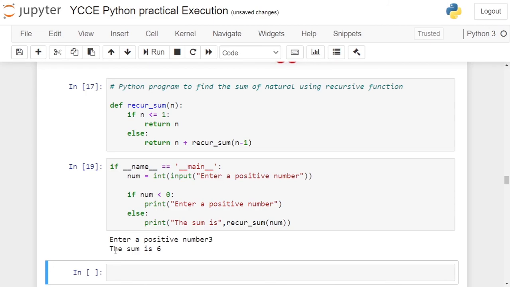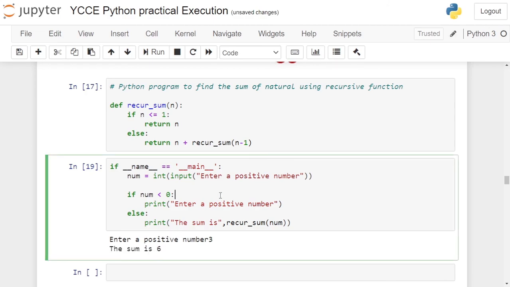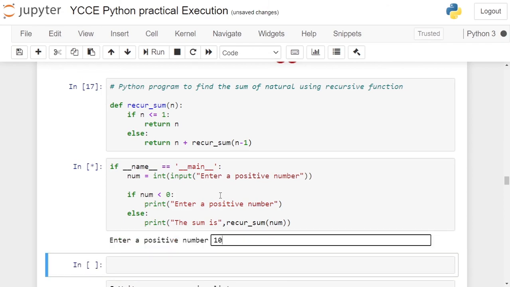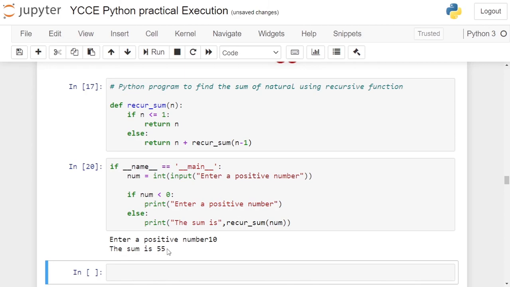Therefore you get at the output sum is 6. Suppose we run this program again and give the value 10 and we check whether the result is 55 or not. It is returning 55, means our program is running correctly and we have written a recursive function to find sum of natural numbers. That's it for this video.